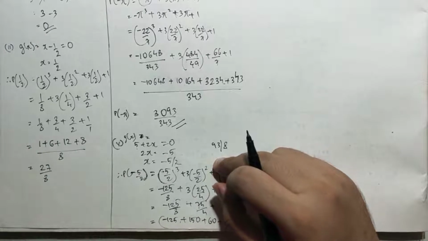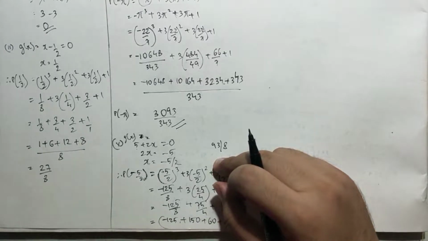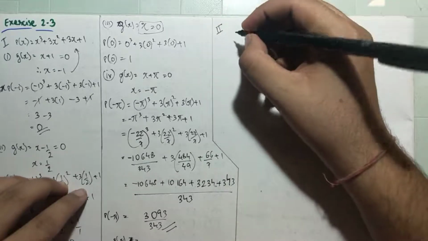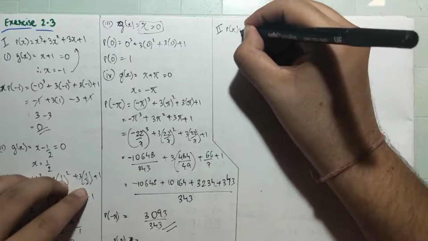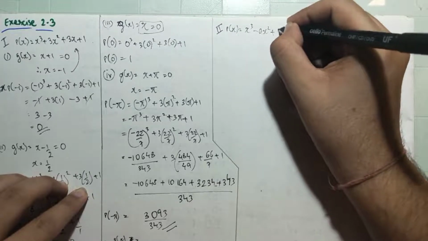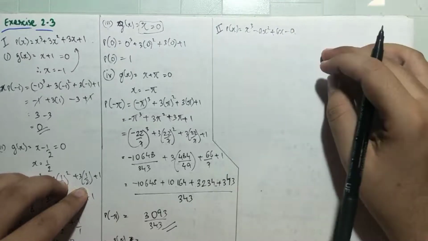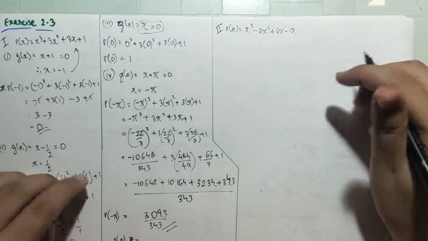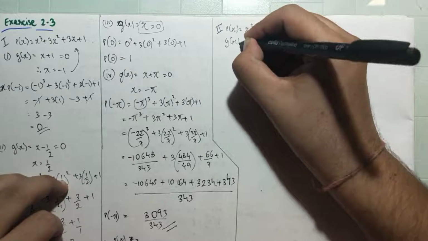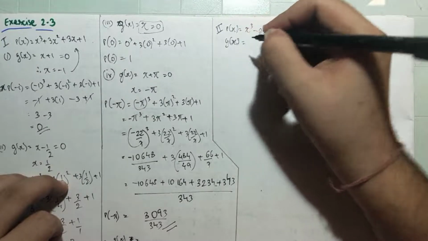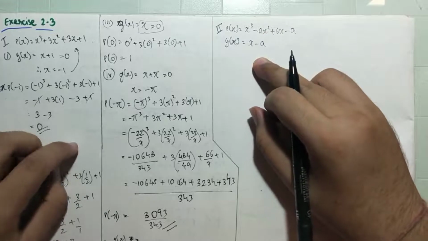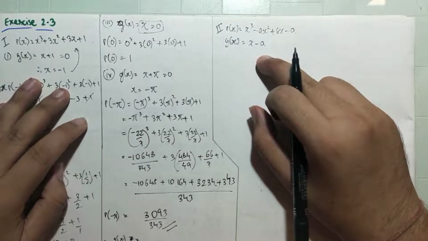Let us proceed to the second sum, second main question of this exercise. The second question is similar. The polynomial now given to us is p of x is given as x cube minus a x square plus 6x minus a. And the question is to find the remainder when this is divided by g of x given to us, which is x minus a. So we have to find the remainder when this polynomial is divided by this polynomial.